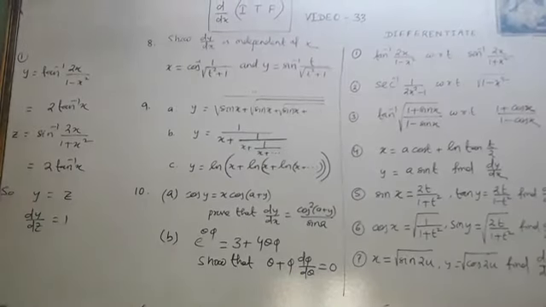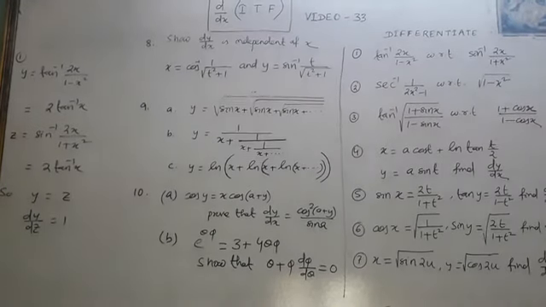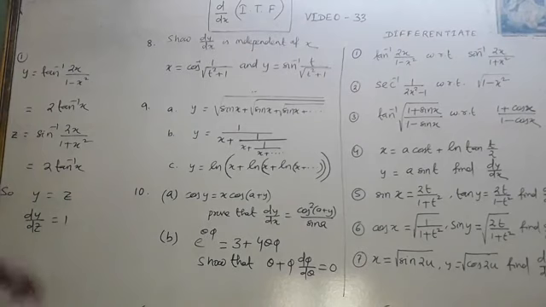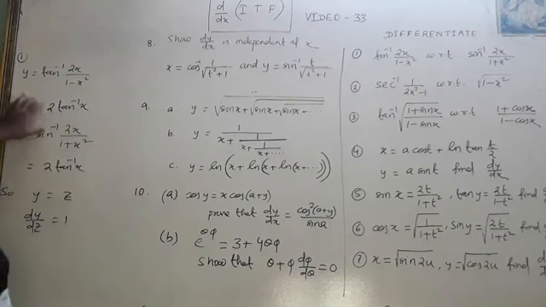Look at question number 1. It is tan inverse of 2x by 1 minus x square. Many students do this problem by putting x equal to tan theta. So it becomes tan inverse of 2 tan theta by 1 minus tan square theta, that is tan 2 theta. Tan inverse tan 2 theta is 2 theta, and theta is tan inverse x. But you should know this is the formula of 2 tan inverse x. Now